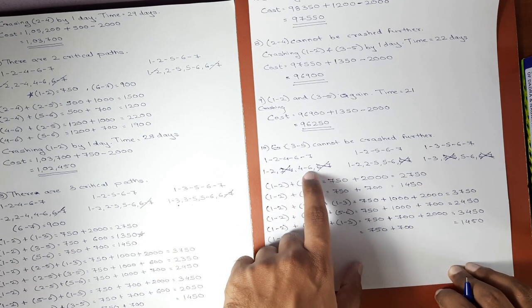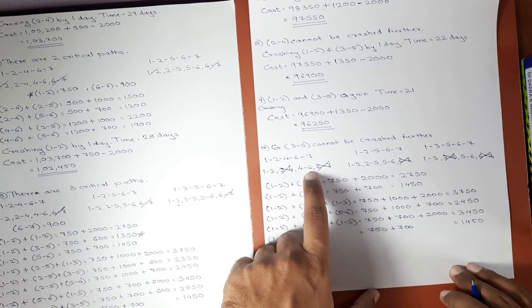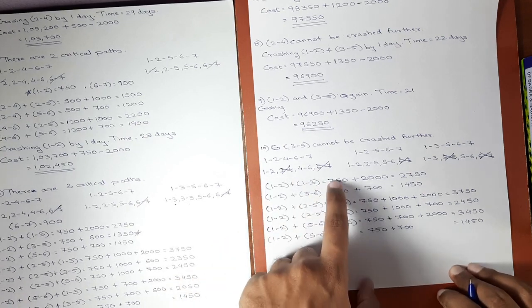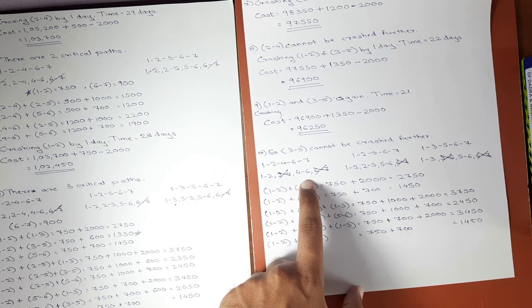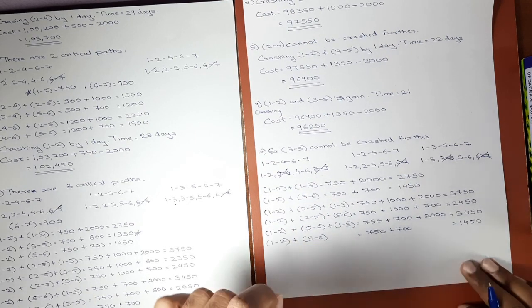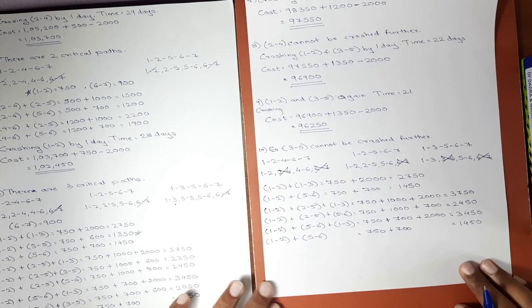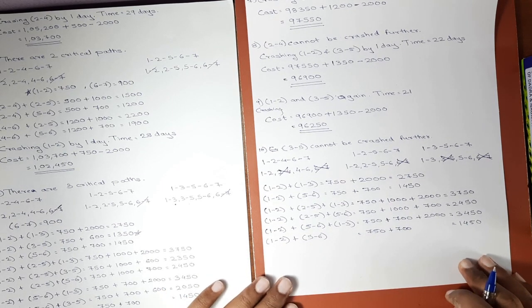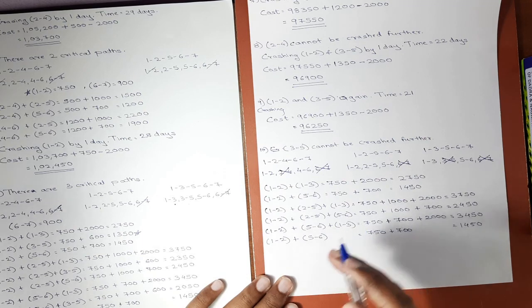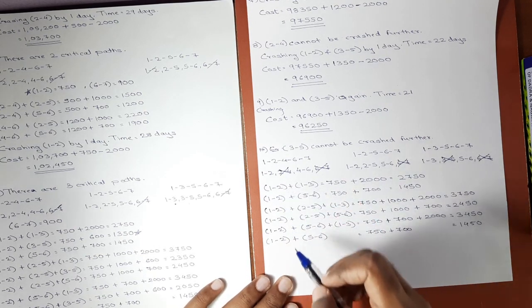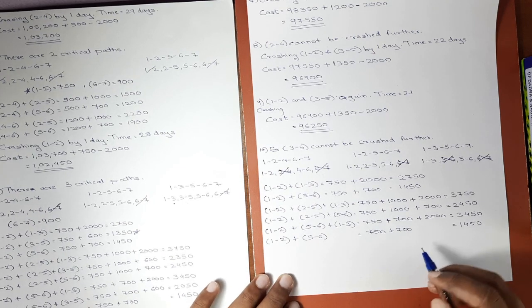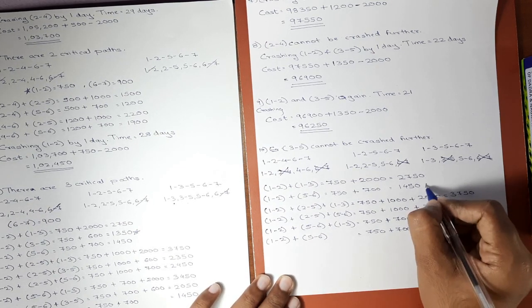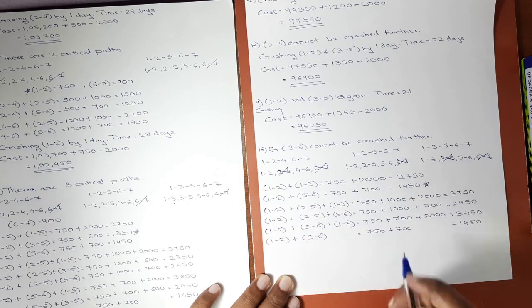Next set will be of activity 4 6. Cost slope of 1 2 was 750. Cost slope of 4 6 is 1200. So if you think logically, there is no need to make combinations of 4 6, because it will definitely be greater than the combination of 1 2, which means that our minimum cost slope lies here itself, which is 1450, 1 2 5 6.